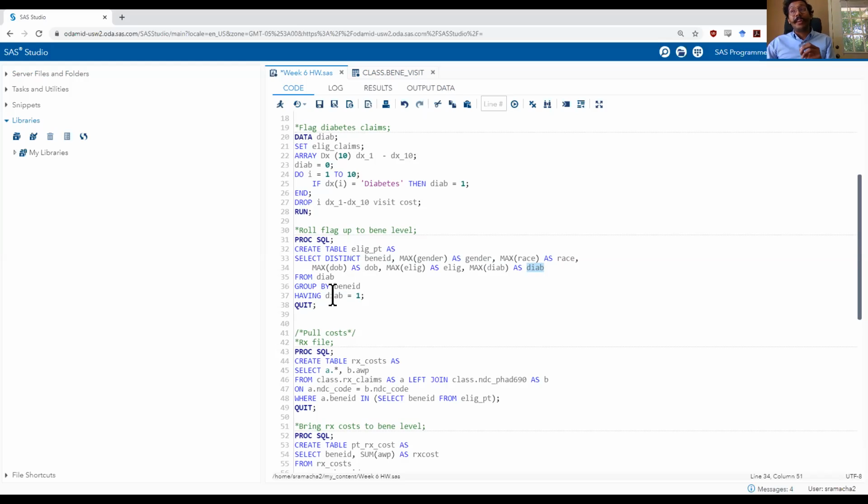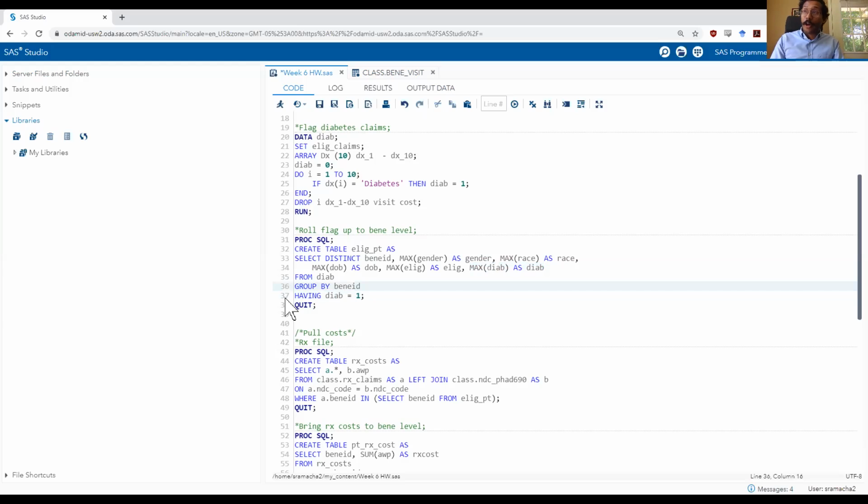If I were using a variable that's not a part of a summary function, a variable that's not being created in the select distinct statement, I can use a where statement and it would have worked just fine. But because it is being created as a new variable in this statement, I have to use having instead of where, but really it does the same exact thing. The having statement makes sure that the final data set only includes those individuals where diabetes equals 1. If you are not comfortable using having, you can just take this part out.